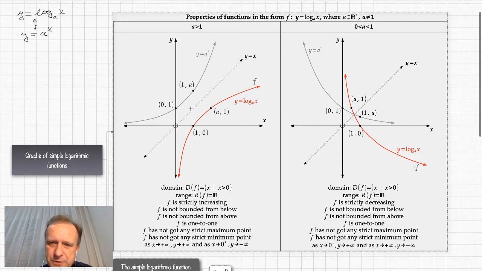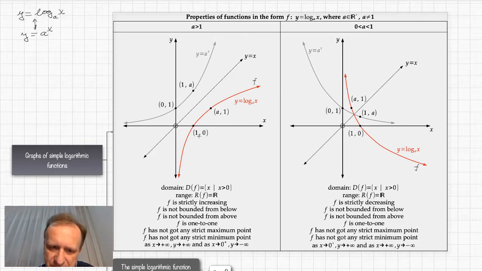Now let us talk a bit about the asymptotes. So the original exponential function a to the power of x had the asymptote, which was the horizontal asymptote, and it was the x-axis. It was its asymptote, so it meant that the graph got closer and closer to this asymptote but never crossed it. Now, if you reflect this function on this diagonal, also the asymptote gets reflected,